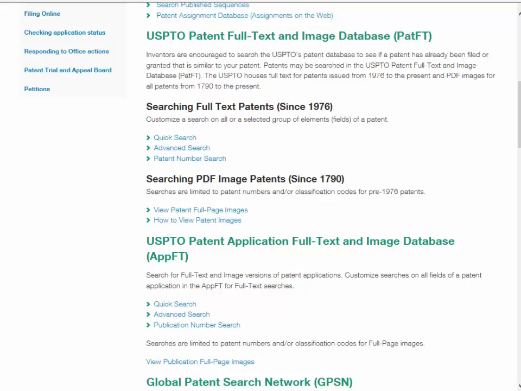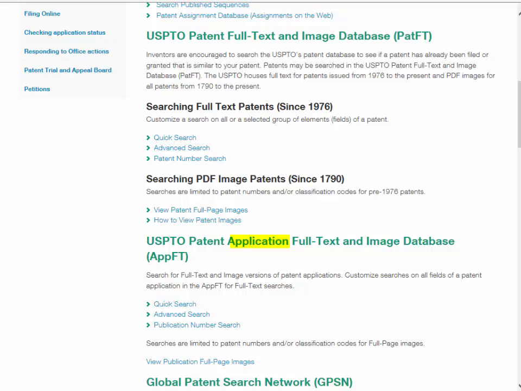I also want to draw your attention to the bolded green heading right below that that says USPTO Patent Application Full Text and Image Database, App-FT. Now the difference is that the first database contains patents that have been granted. Yes, they may have expired, but at one point they were valid patents.